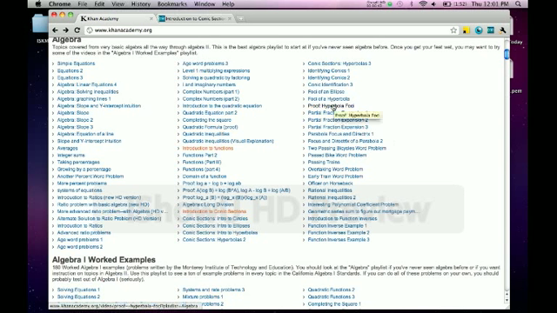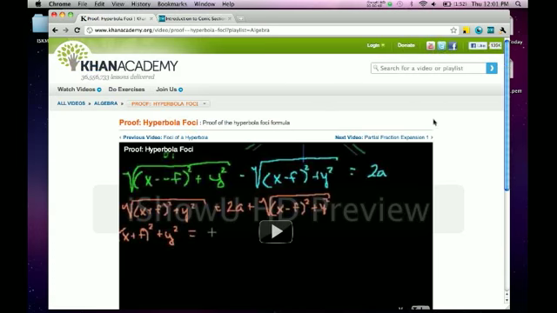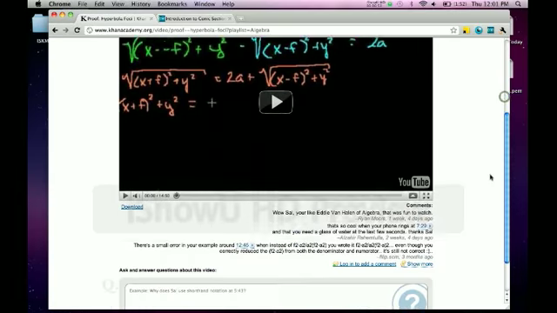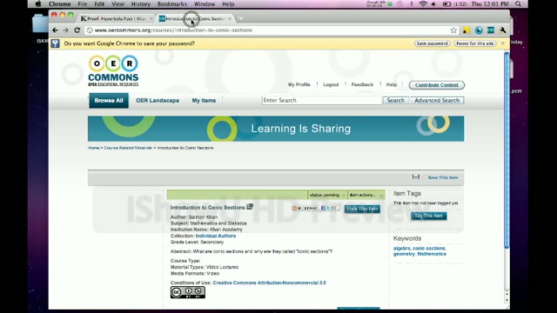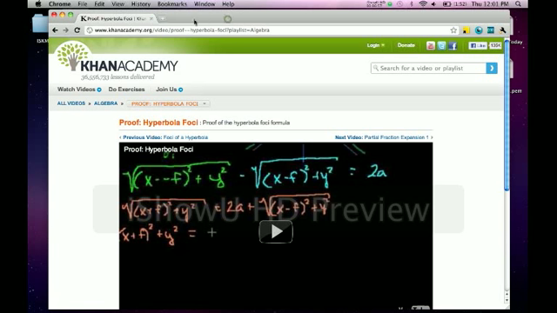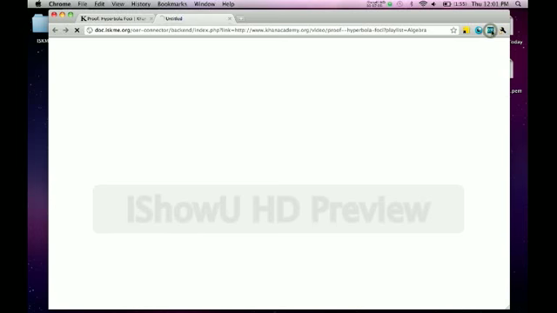So let's look at how about proof of hyperbola foci? So we've got a video here, right? But instead of going directly to OER Commons, as we did in the previous case, you'll see up here we've got a little button with the OER logo. And this is a browser plugin that's been written for Chrome, right? So if you push the button here,